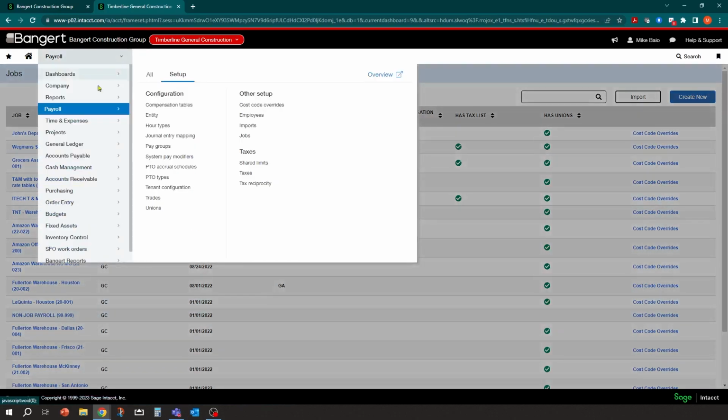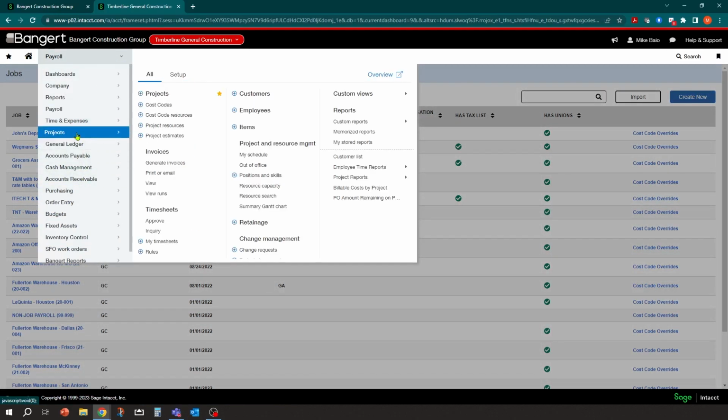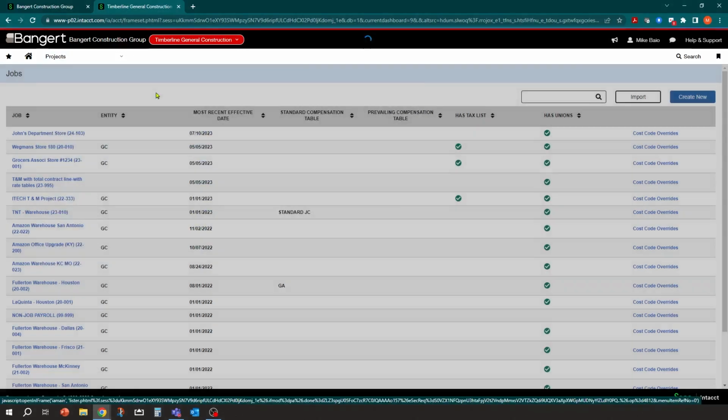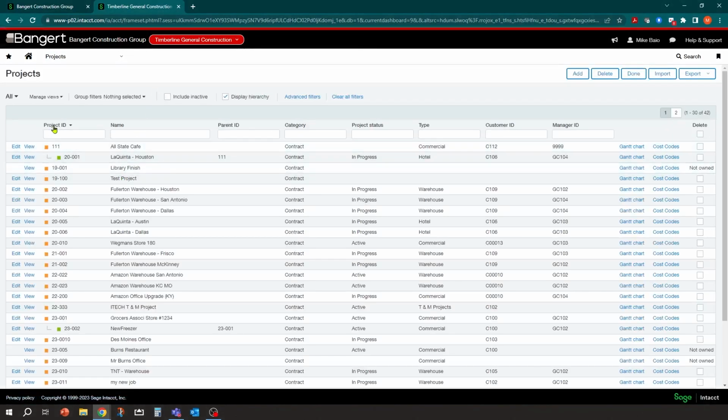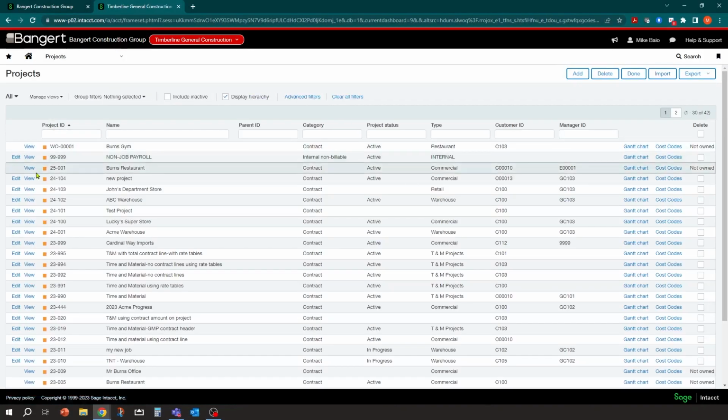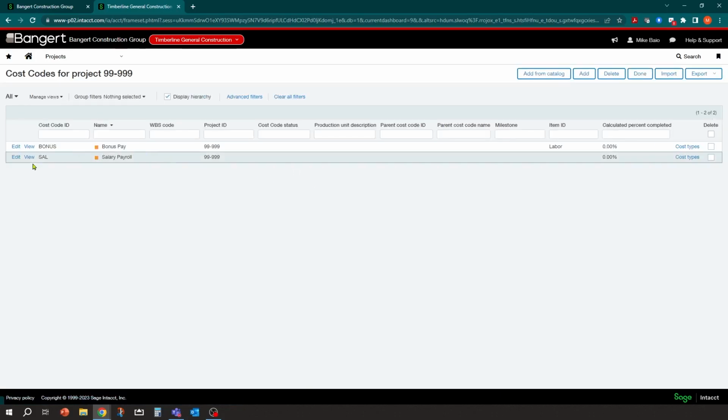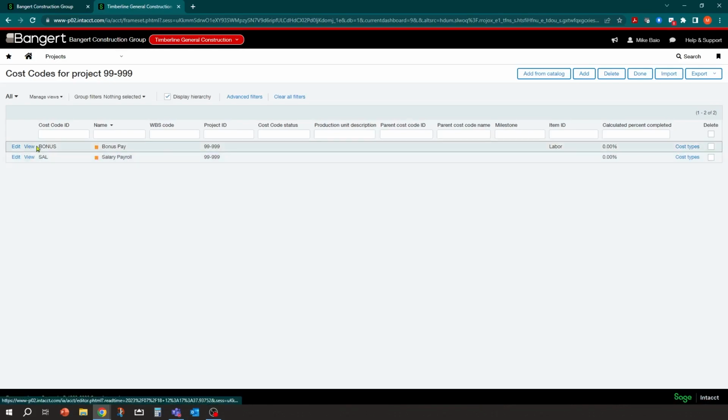So what I have done though is in my project setup, so if I go to projects, and I pull that non-job up, which is right here, non-job payroll, you'll notice if I go to cost codes, I have set up some cost codes. In this case, I have a cost code that typical payroll is going to go to. But in addition, I wanted to break the bonus out.